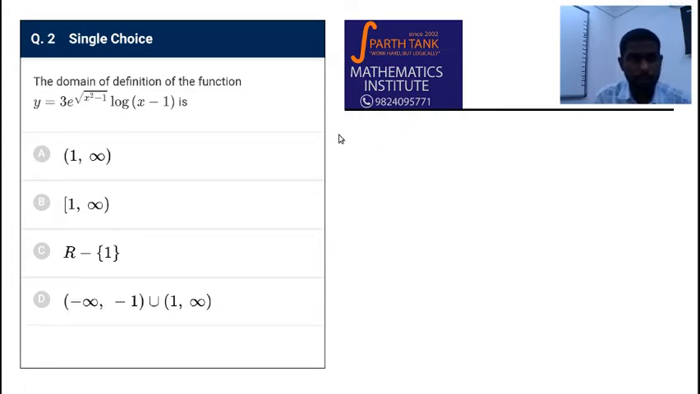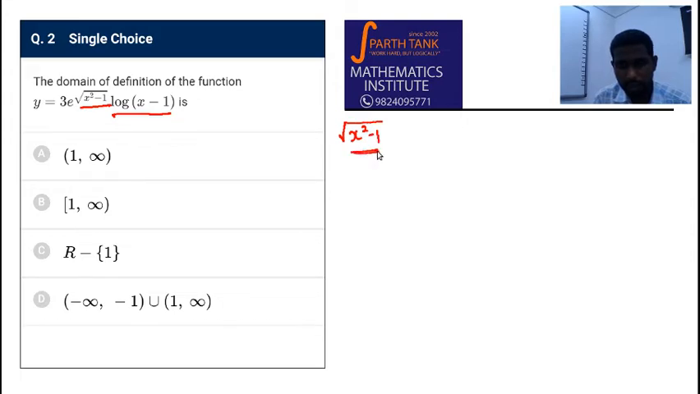The domain of definition of the function y given by 3e to the power square root of x squared minus 1 log of x minus 1 is. Now this is another very direct question. All we have to find is the domain of definition of these two functions, square root of x squared minus 1 and log of x minus 1. Now square root of x squared minus 1